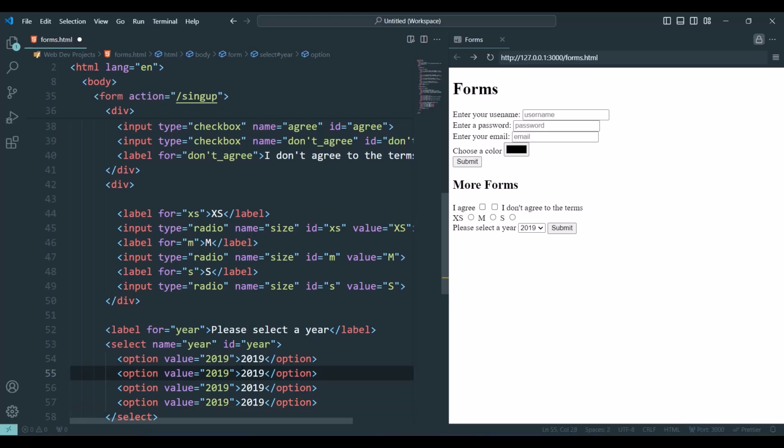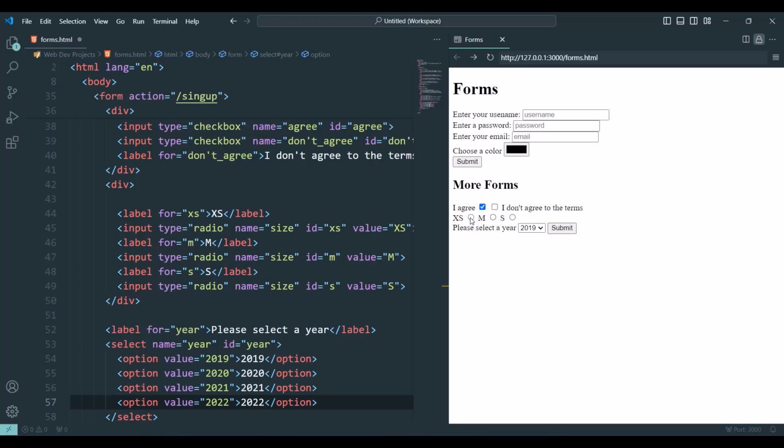Let's put here 2020, 2021 and 2022. And now if I click here, now I have 2020, 2021 and 2022. I have please select a year, so this works fine.